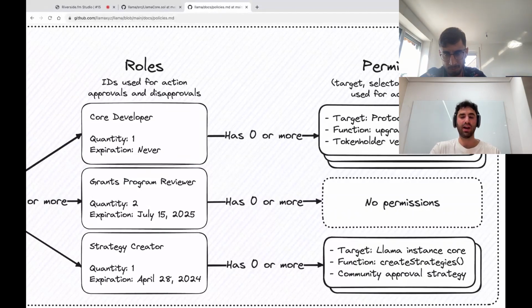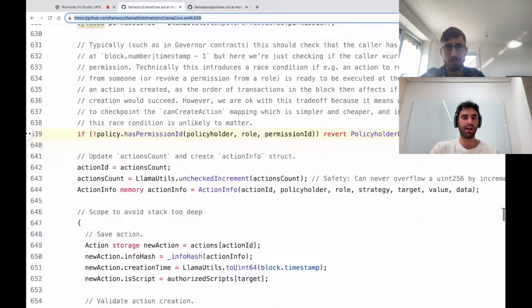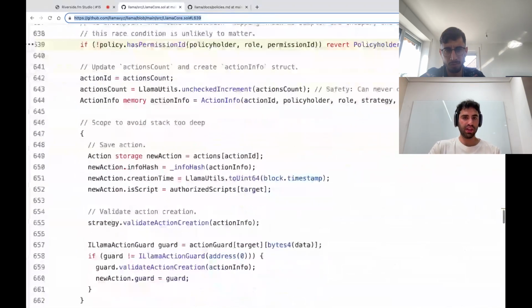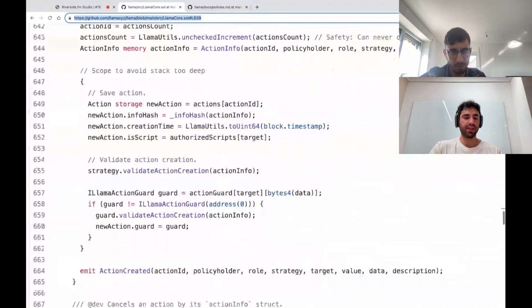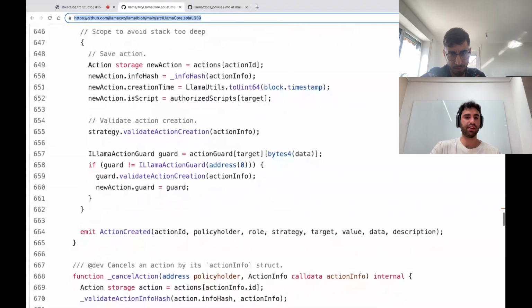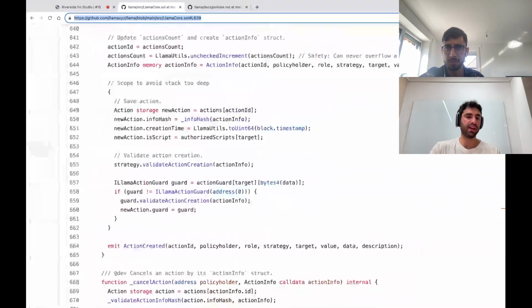That's hashed and stored as a permission. That's how policyholders, roles, and permissions relate to each other. Assuming the checks pass, we create the action, emit an event, and begin the action process.